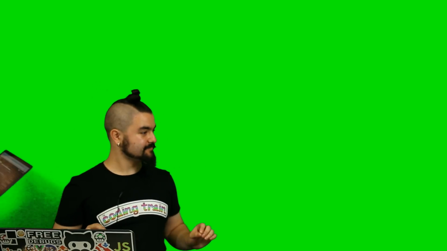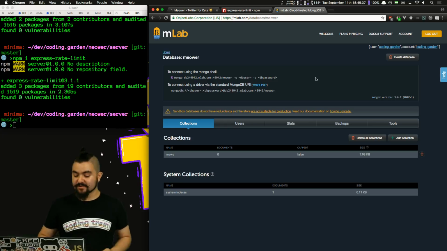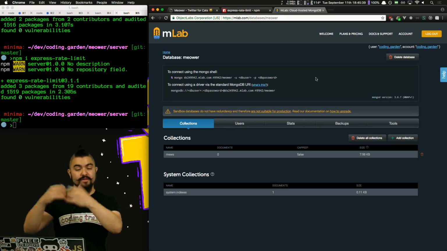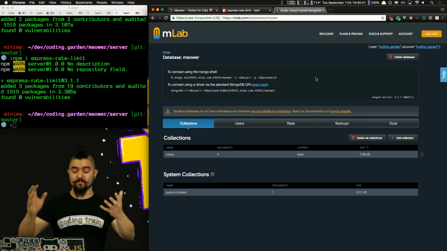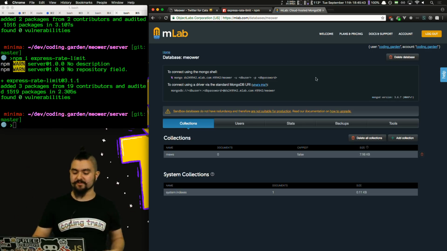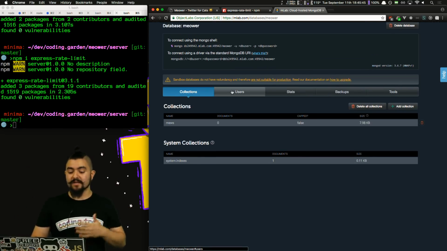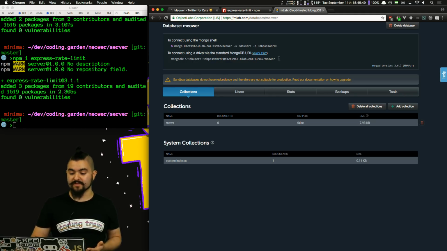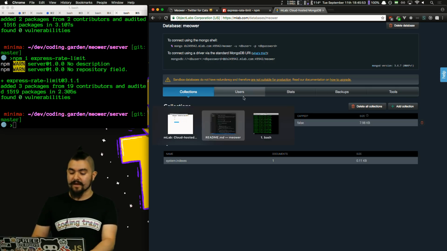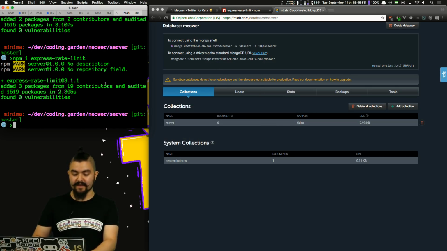Cool. I've already created a database, but you can log in or sign up. They have a way of creating one for free. If you want more than that, you can also pay for it. You will need to create a user. Once you have a user, you create this connection string, and they show you where your username and your password go in. And then you need to add that as a